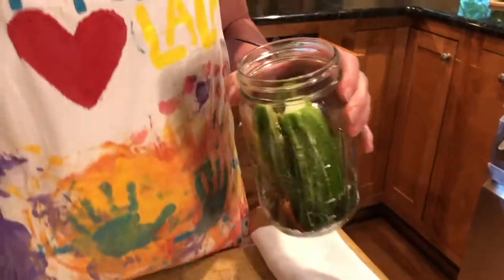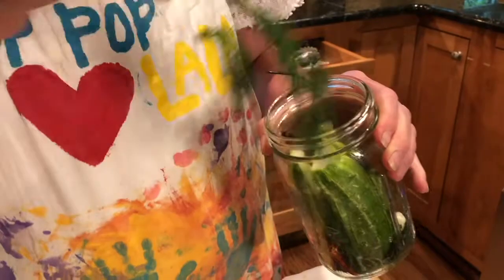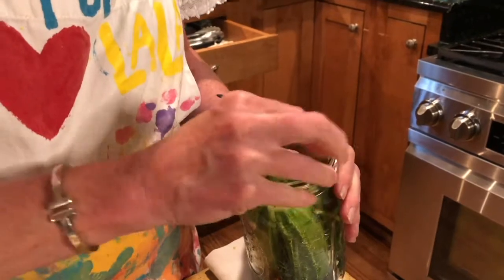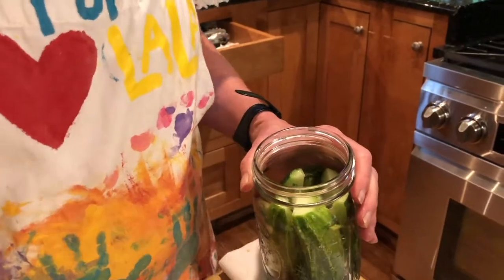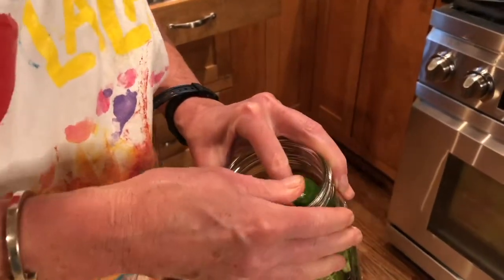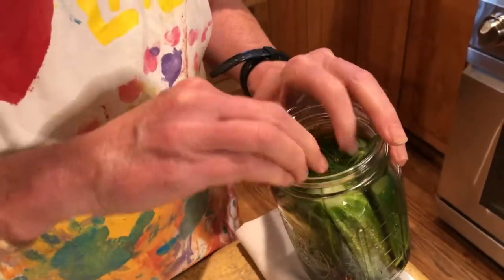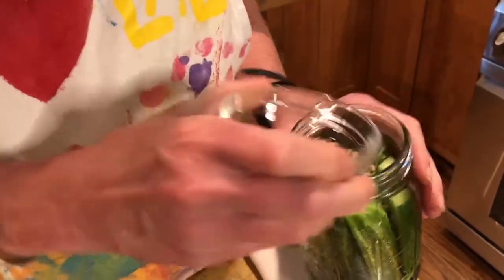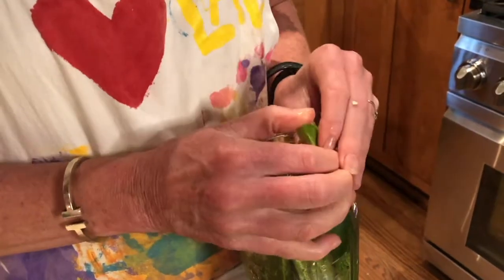All right, so you can see what we're doing. We have about 8 sprigs, but who's counting, like I say, of this beautiful dill. You want it to get really packed and tight. Here's a little bit more garlic, nectar of the gods. And we'll fill it up, fill it up. Look, isn't that pretty? Ram it, cram it, jam it. Some more dill, some more dill. And what we're gonna do after we add the brine to the situation,